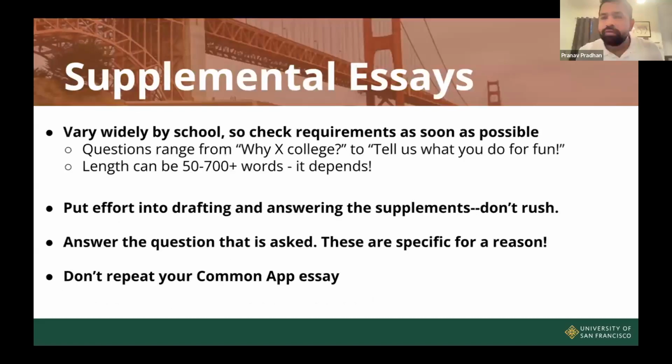I'm not going to spend a lot of time on supplemental essays. The general tips remain the same, but please remember, this is supplementing. This is where you can make it a little more personal, because this is not a common essay that goes to all the universities you apply to. Typically, universities look for mission alignment. So whenever you are writing a supplemental essay, go to the institutional website, read the mission page, and find out where you see an alignment with this essay topic. Definitely don't repeat the Common App essay, but the general idea or your theme could be similar.